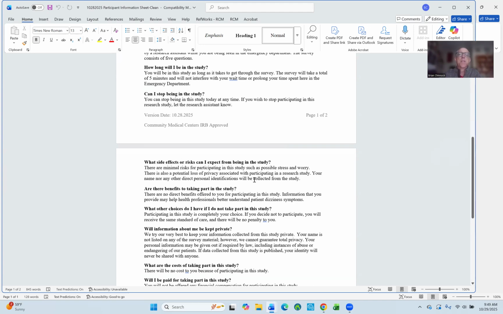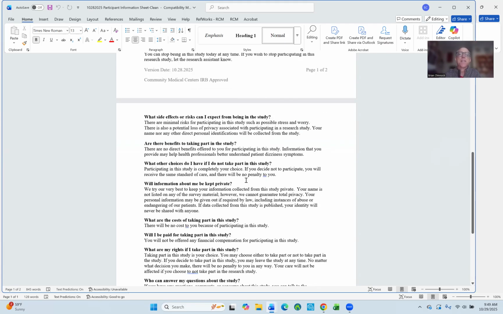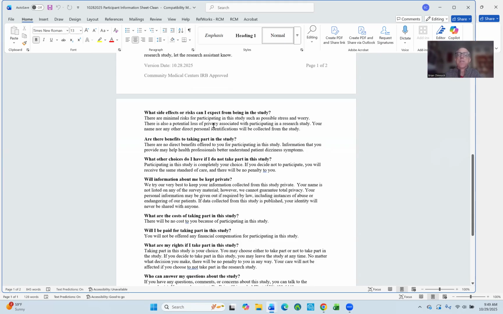Side effects or risks. There are minimal risks for participating in a study, but some might feel stress or worry of participating in a study like this. Potential loss of privacy. However, again, just to reaffirm that we are not collecting any sort of information like name or medical record number. No direct benefit to you to be in this study, but it helps